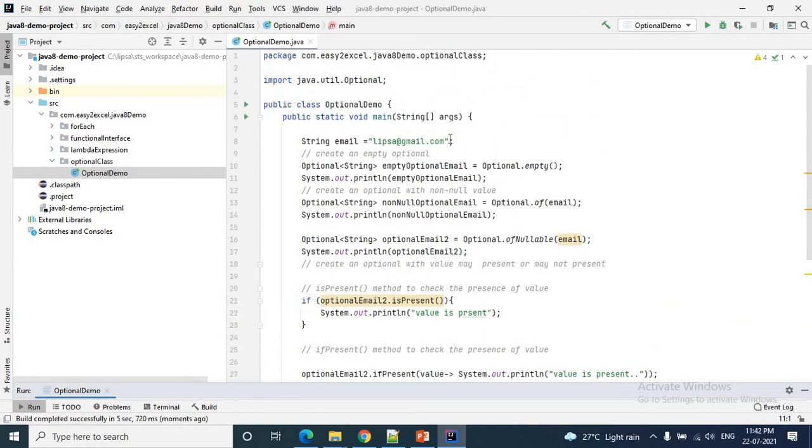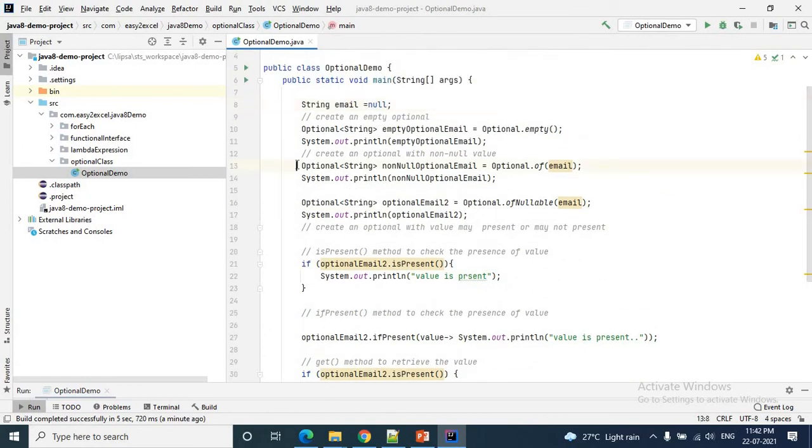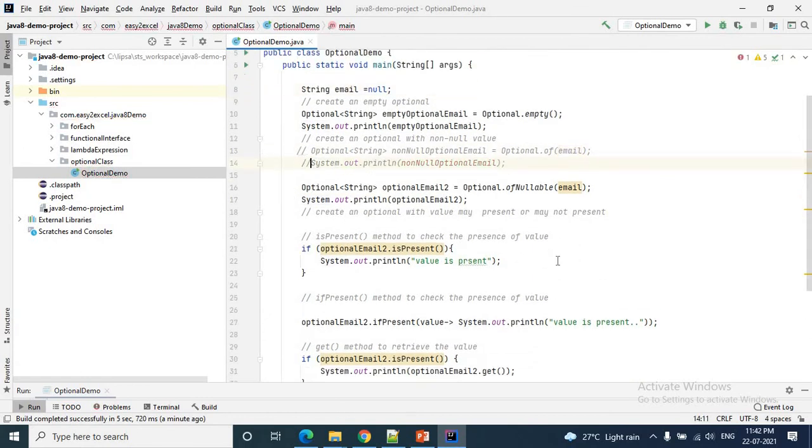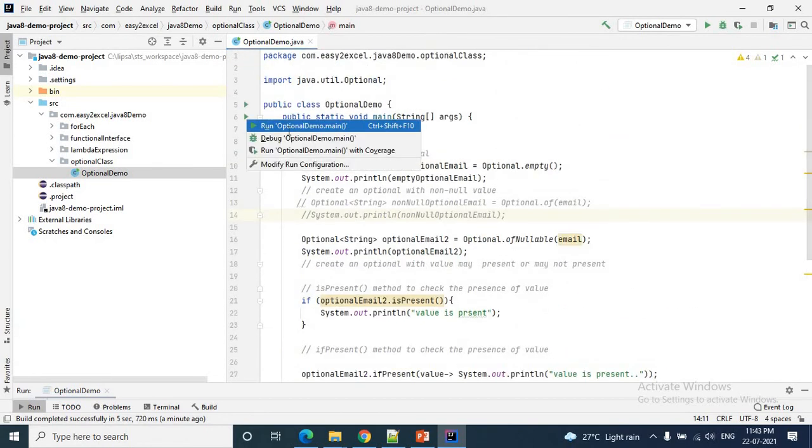So let me make it null again, and just comment out these two. Okay. Run the application again.